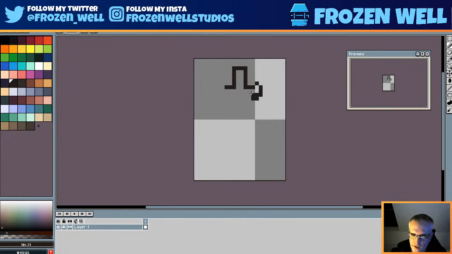just get a rough shape for this sword to begin with. And once we've got a rough silhouette that I'm happy with, then